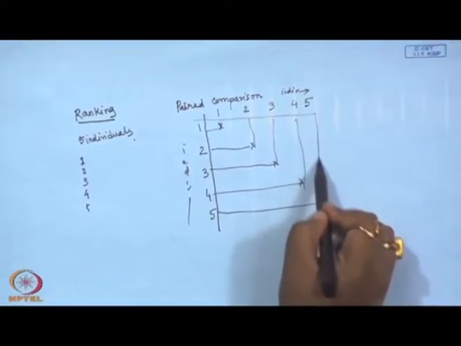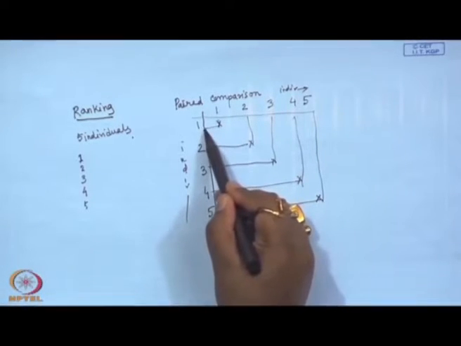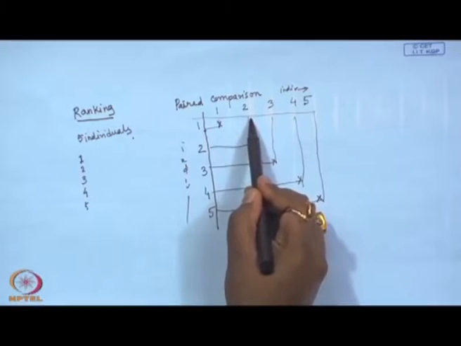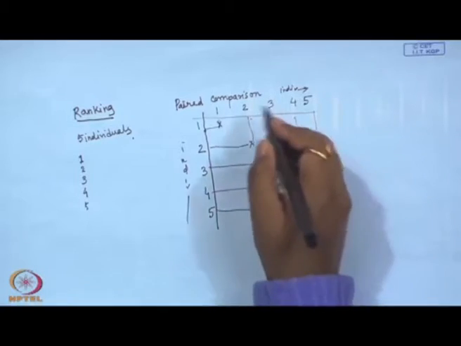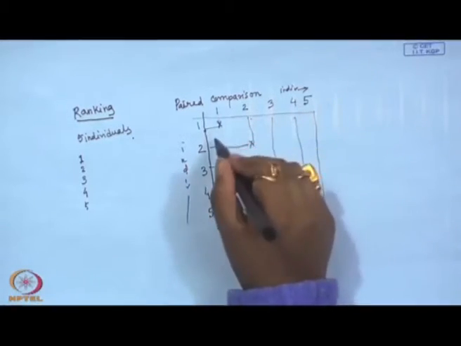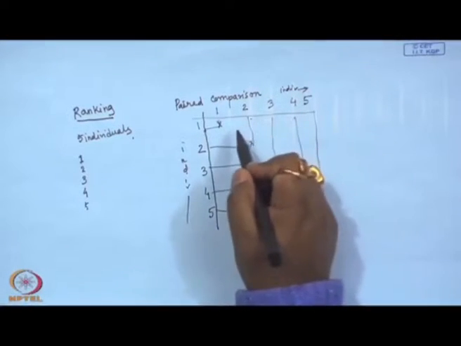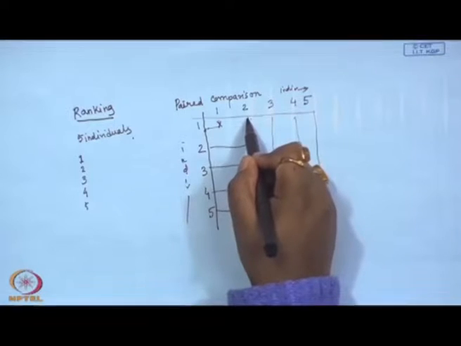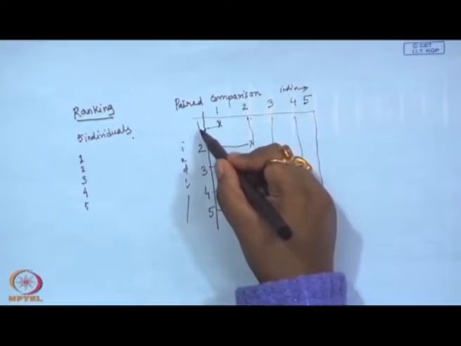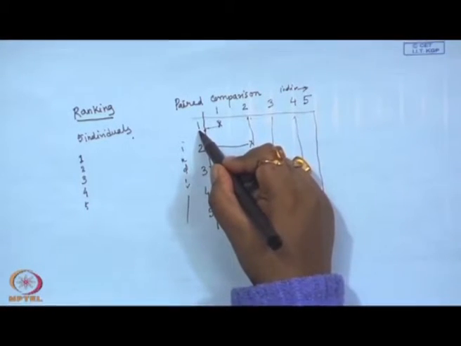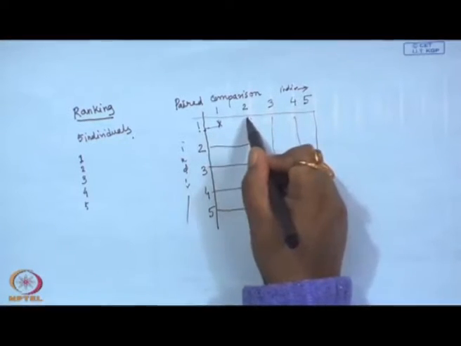Irrespective of that, what you are trying to do over here, first we are comparing 1 with 2 with respect to a certain attribute, and then we take the judgment from a number of people, and we find out, when 1 is compared to 2, whether 2 is given a higher ranking